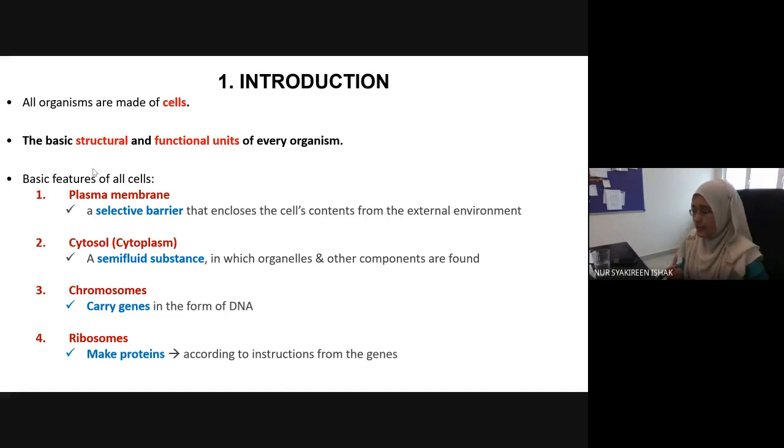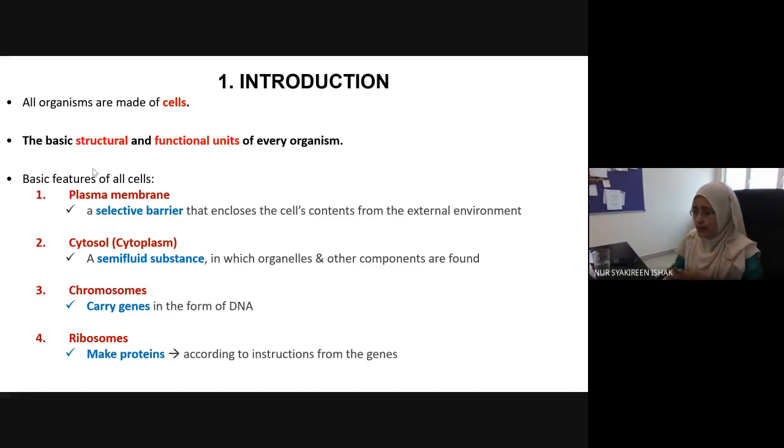Why is it selective? It only allows certain substances to enter cells, through either active transport or passive transport. We are going to look at the selective permeability of the plasma membrane in